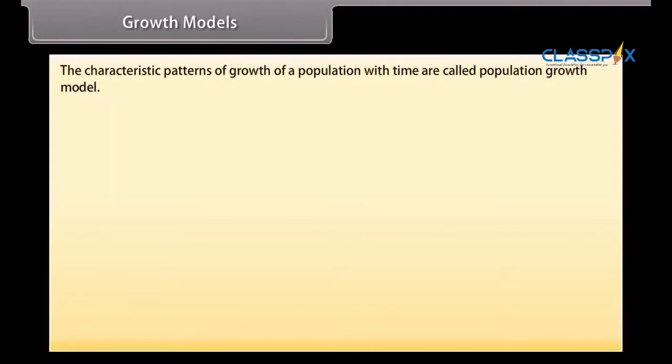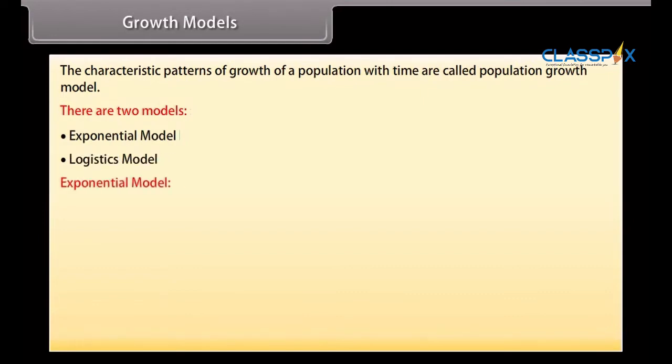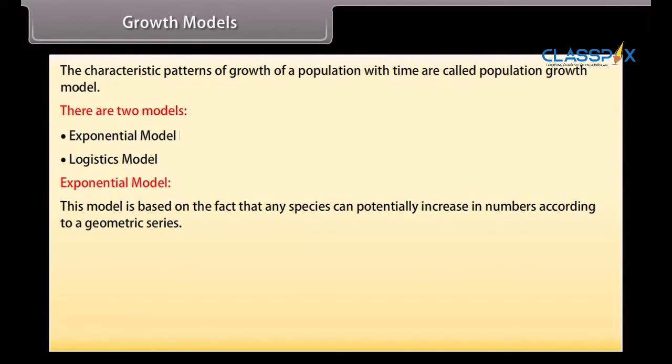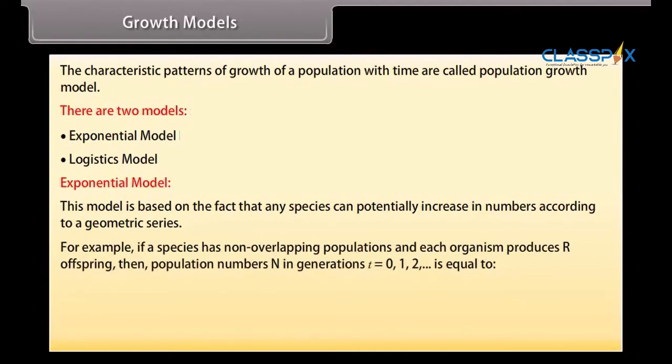Growth models. The characteristic patterns of growth of a population with time are called population growth models. There are two models: exponential model and logistic model. Exponential model. This model is based on the fact that any species can potentially increase in numbers according to a geometric series. For example, if a species has non-overlapping populations and each organism produces R offspring, then population numbers N in generations t equals 0, 1, 2, and so on is equal to